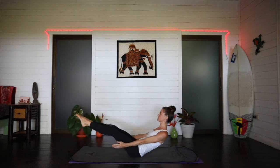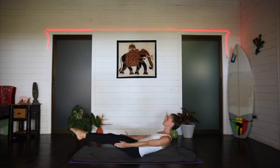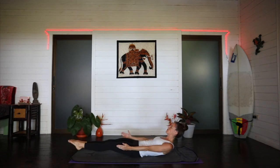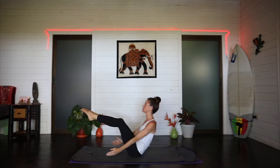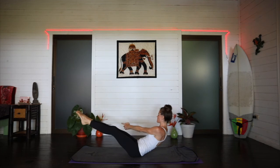Inhale, exhale. Keep going, moving with your breath. Inhale up, exhale lower. Inhale, exhale. Last one. Inhale up, exhale lower. Inhale, bring the hands in front of you, interlacing the fingers, and slowly bring it over